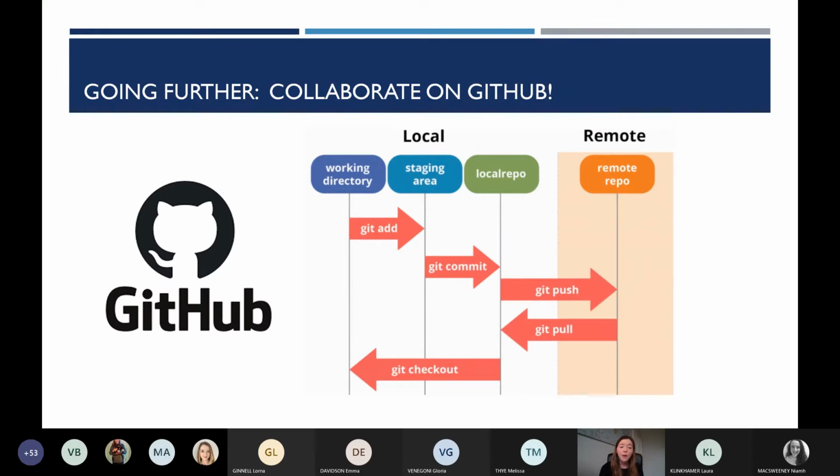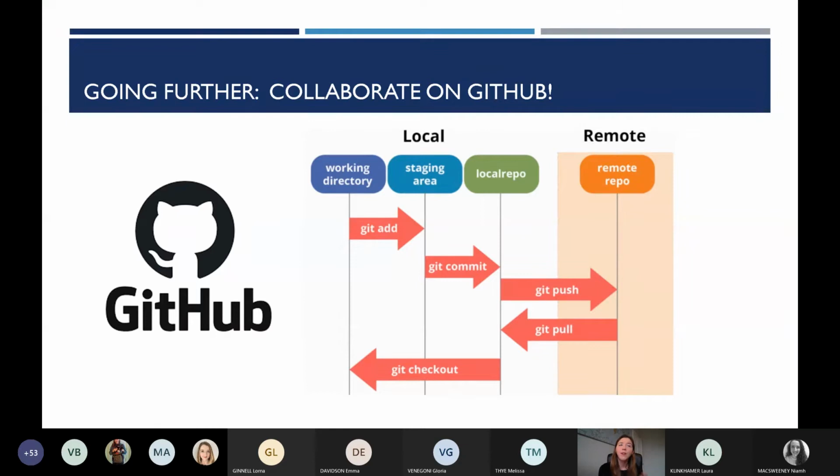So you start off with a bit of code on your computer, you push it to a remote repository on GitHub online. The code goes on there, and then people can change that code. They can pull it into their own computer, they can change it, and then they can push it back to the remote repository, and then you can pull all those changes back into your computer, and you have the most up-to-date version of the code.